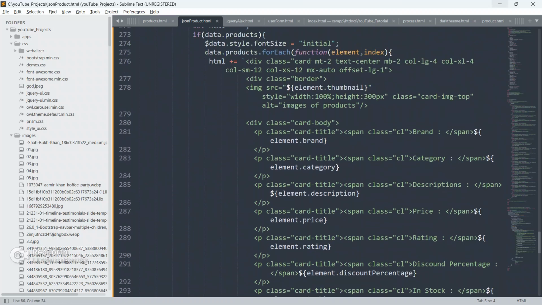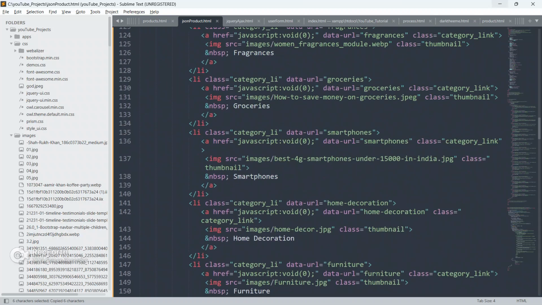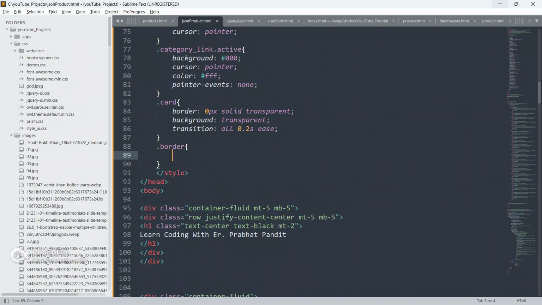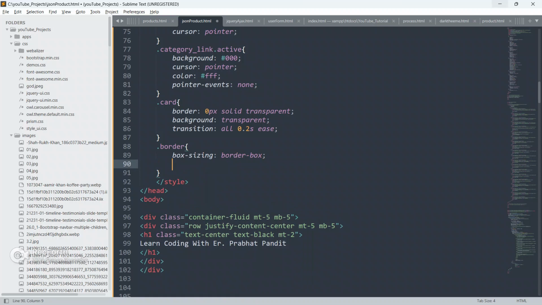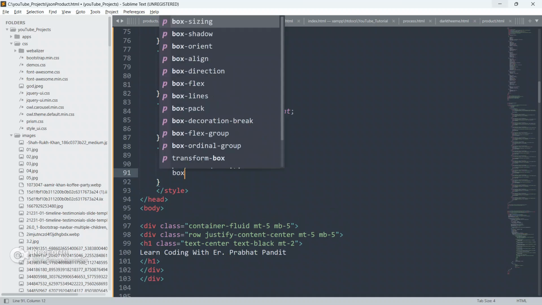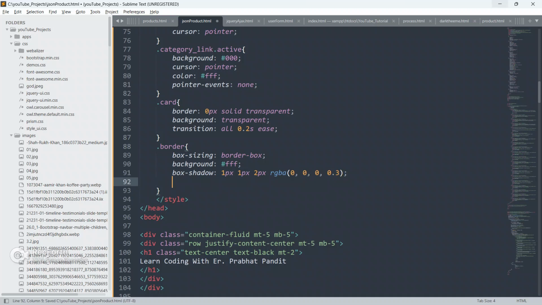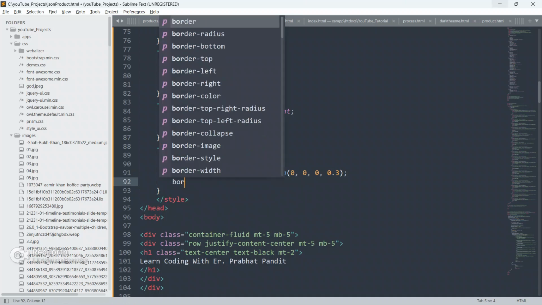Now I'm going to grab this border class. Copy this, go up, paste it here. Give box sizing as border box, give background as white, give box shadow as 1px 2px RGBA, and just change the value of opacity only, so 0.3.